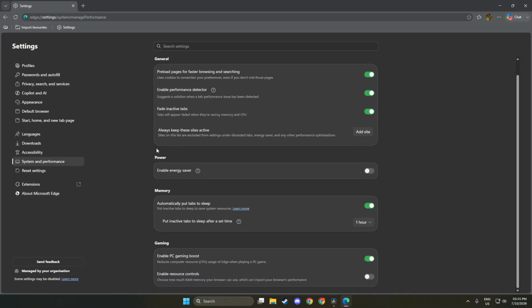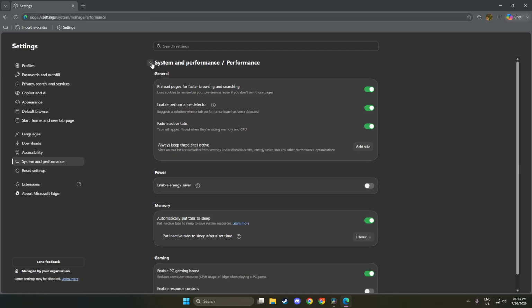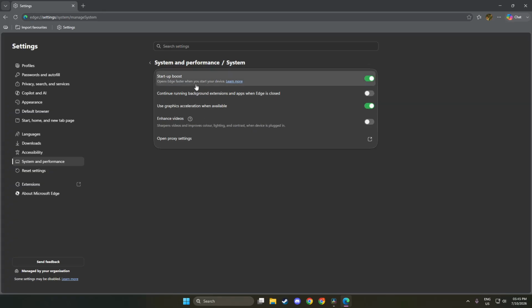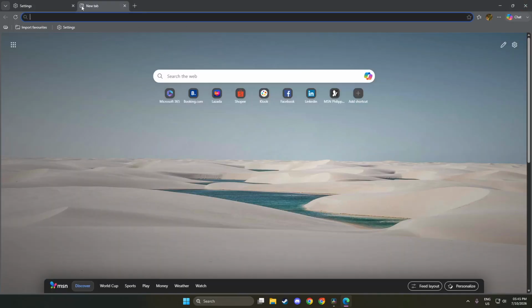After that, you can close the Settings tab. Simply click the X in the upper right corner of the Settings window. This will take you back to your usual browsing experience. Closing the Settings window is also a good practice to ensure that you are back in your primary workflow. You will notice that Edge feels more responsive now that you have made these changes. This little action helps keep your workspace tidy and allows you to focus on what you need to do.